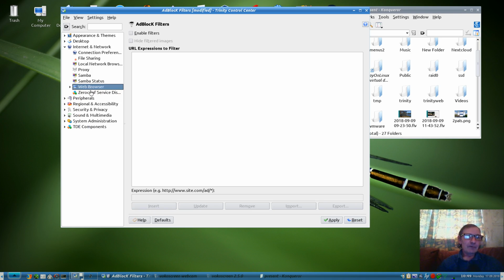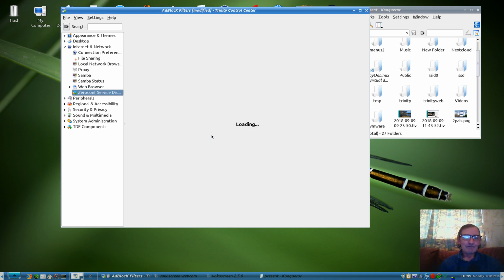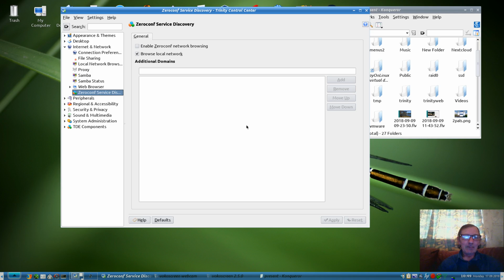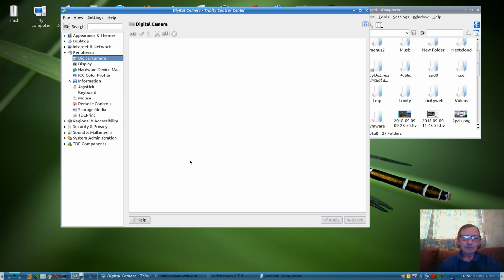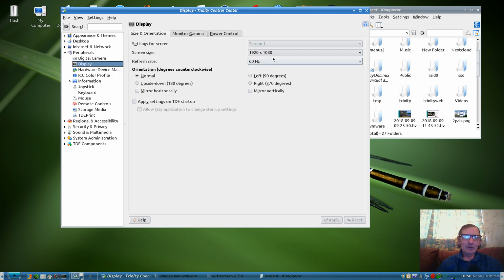Okay, and of course we have the zeroconf device service, where we can add domains and so on for zero configuration. Under peripherals we have the digital camera. I haven't got a digital camera plugged in, but it would appear here and you can do different things with that. The display, of course, where we can change our resolution